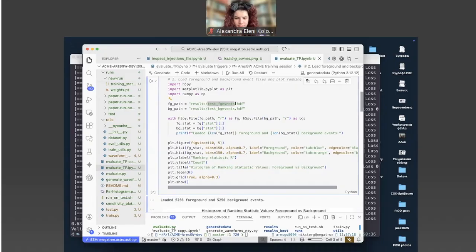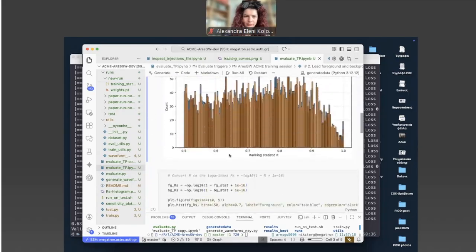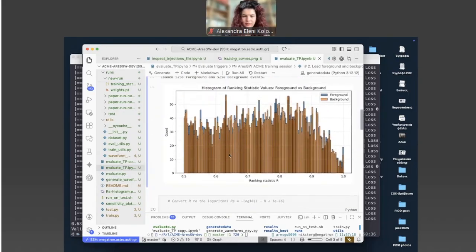The code is storing all the triggers it finds with their time and the ranking statistic that it assigns in this classification scheme. And the same for the background file. So you can load both of them and then plot a histogram. This is the histogram. For this minimal example, because we have very few data, it looks a bit strange.